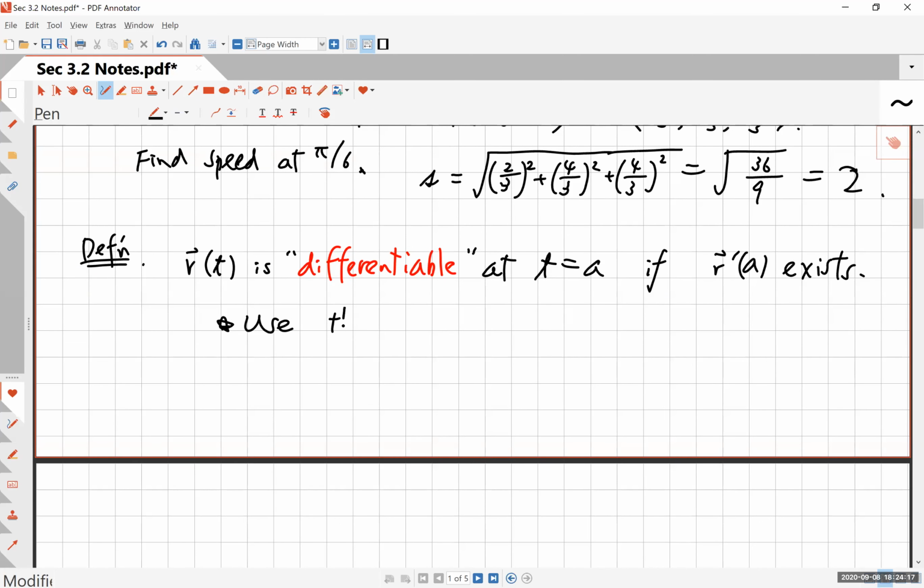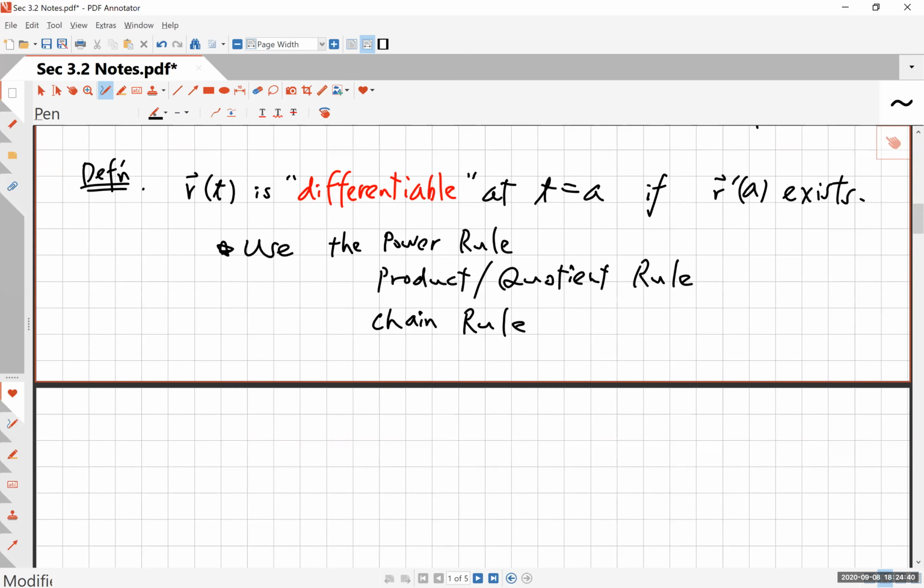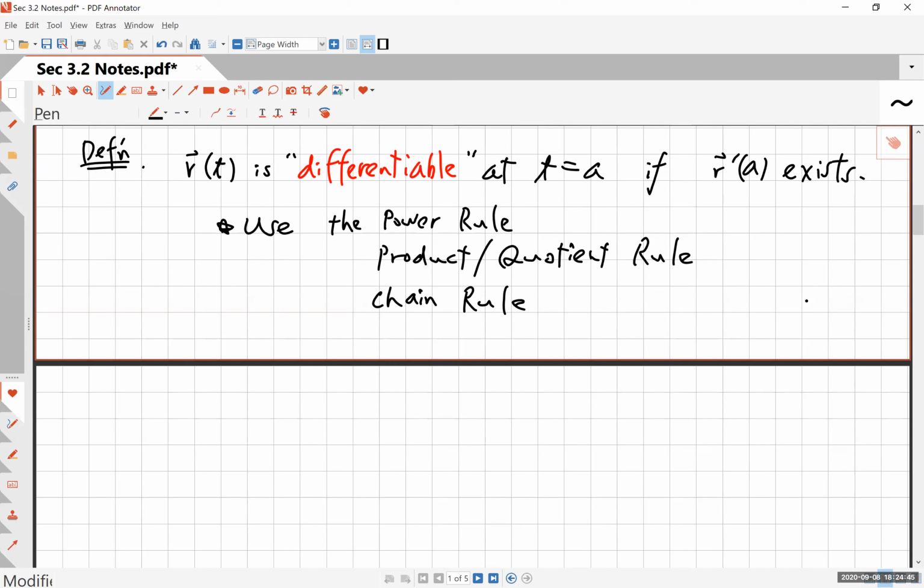Okay, so use the power rule, also the product and quotient rule, and more importantly, the mother of all the rules, the chain rule, okay? And chain rule should be really a second nature to you, and you shouldn't even notice that you are using the chain rule here. Okay, so in terms of when you do differentiation, and you will have lots of questions